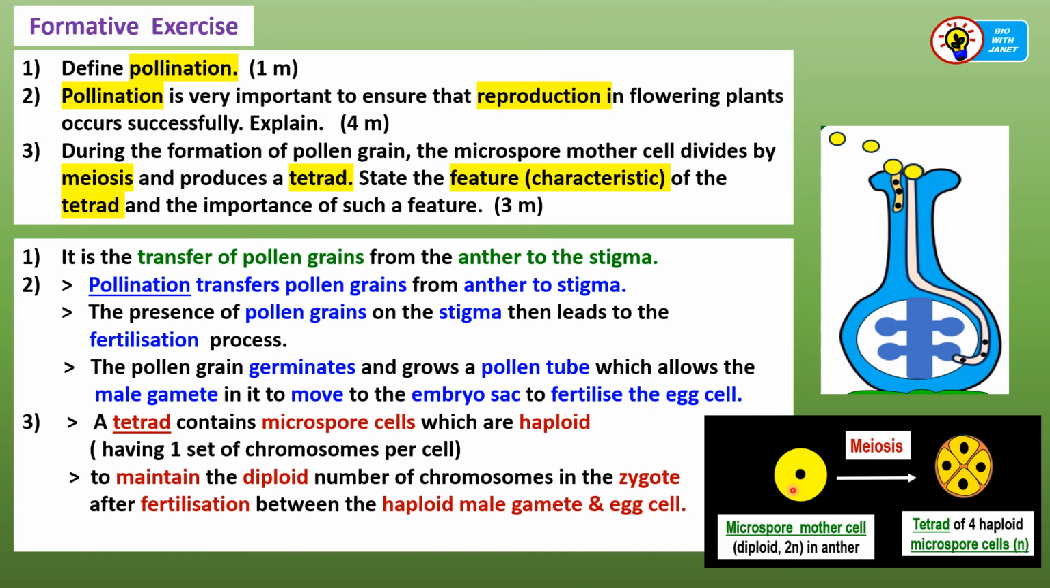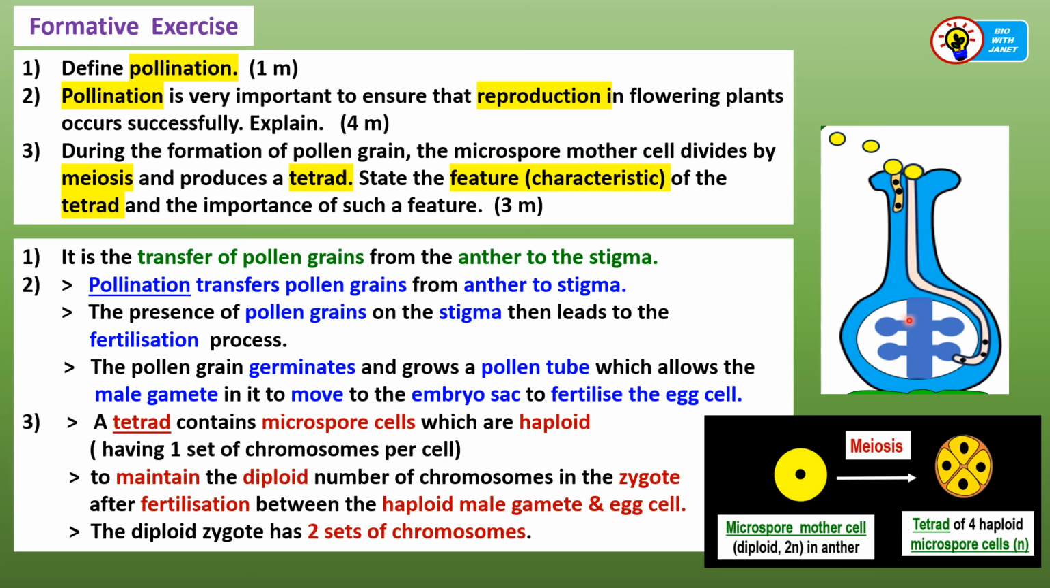It's to maintain the diploid number of chromosomes in the zygote after fertilization, after fusion between the haploid male gamete and the egg cell, right? So the importance of the tetrad is that it contains microspore cells which are haploid, having one set of chromosomes, so that after fertilization, double fertilization